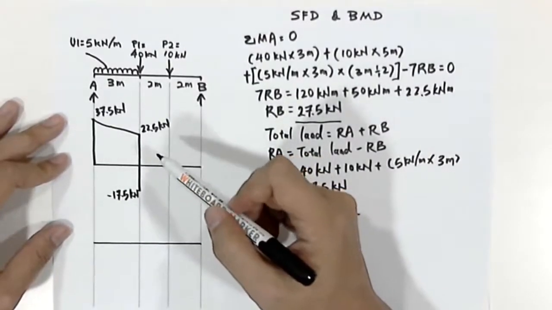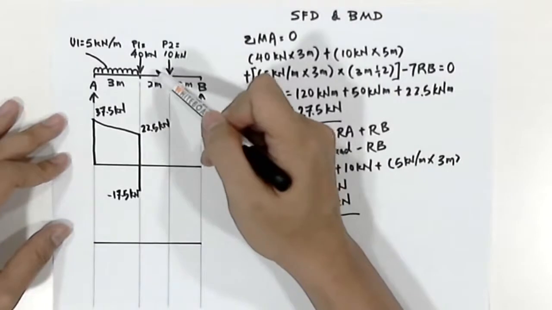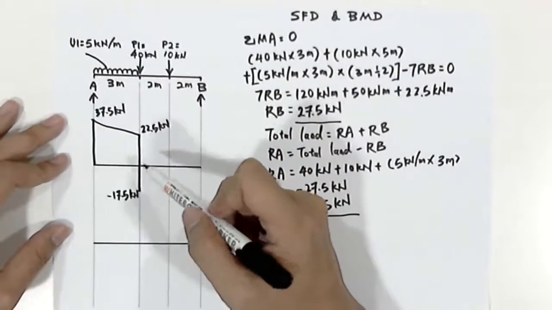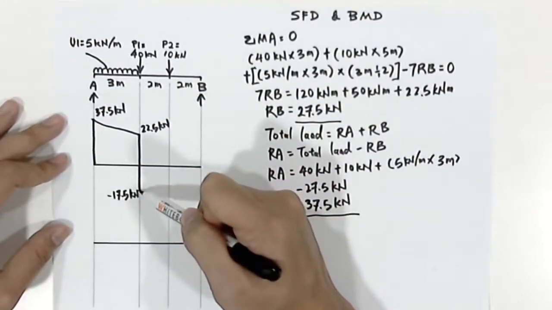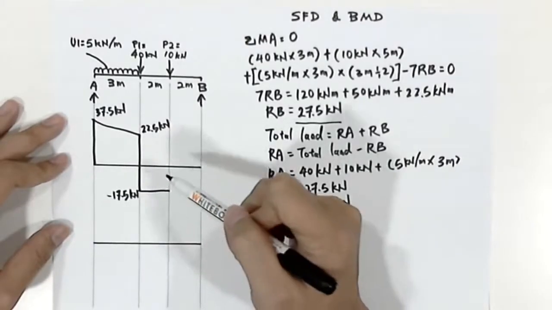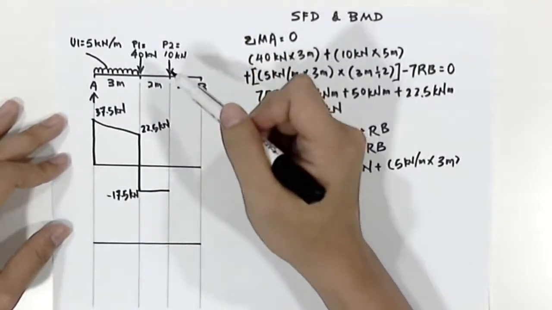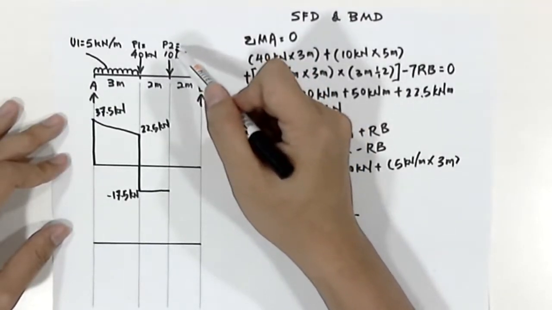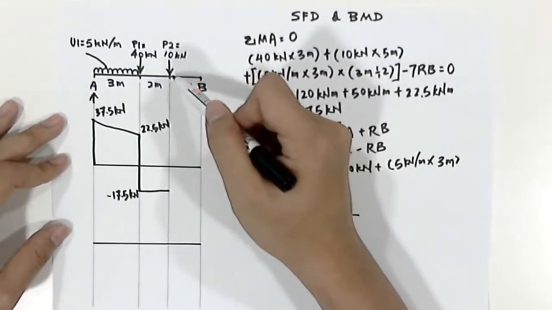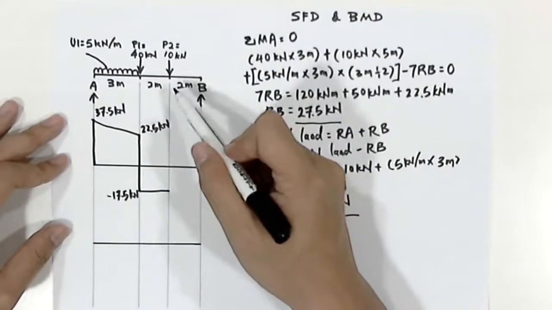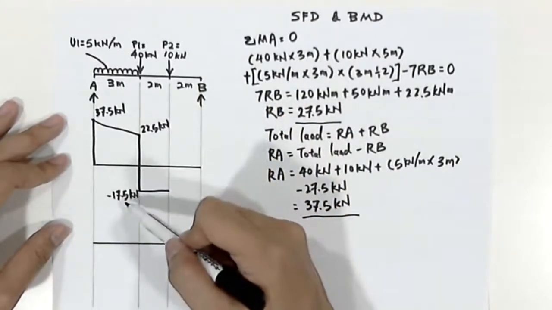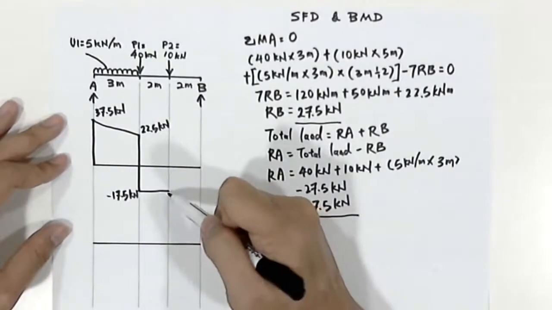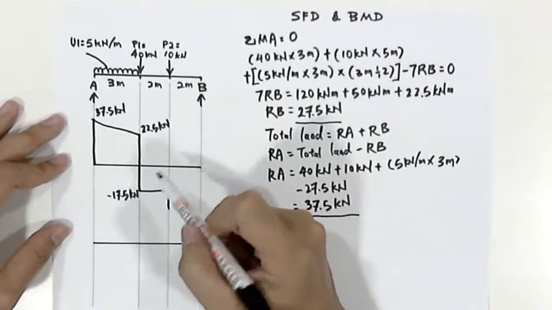kilonewton. When we look at this band, there's no force on this 2 meter span. Therefore the shear force will stay the same. So we draw one straight line until we reach the third point. At this point, we have point 2, a 10 kilonewton acting here. Therefore we'll have to deduct 10 kilonewton out of negative 17.5 kilonewton. So what we'll get here is